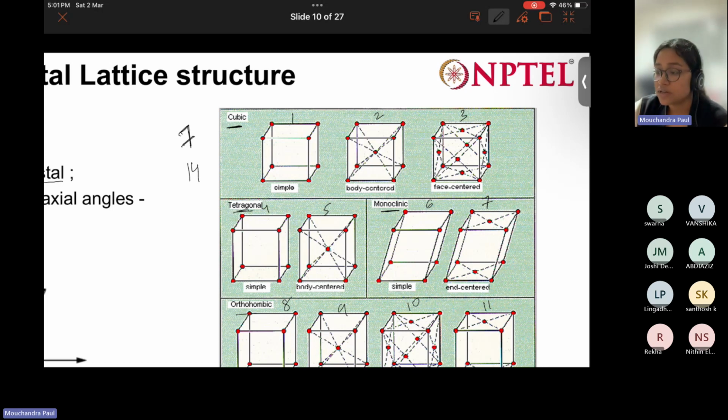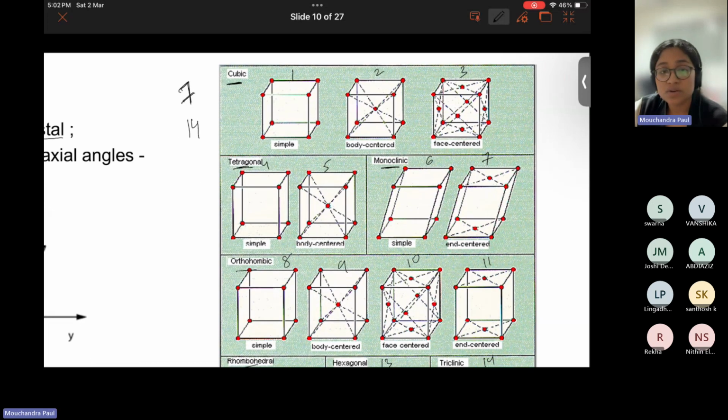So in this way, the atoms are distributed within a cubic type of unit cell. They're named simple cubic, body centered cubic (BCC), and face centered cubic (FCC). Similarly, there is simple hexagonal and body-centered hexagonal. Then monoclinic: there is simple monoclinic, where the atoms are present at the corners. Then end-centered monoclinic. Here the atoms are present at the center of the face, at the top and at the bottom